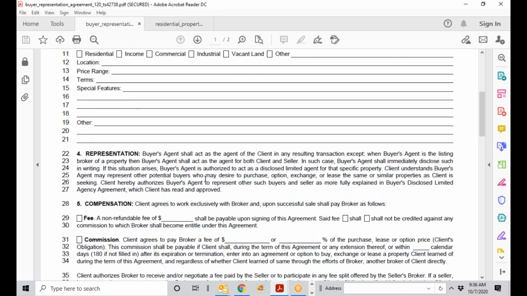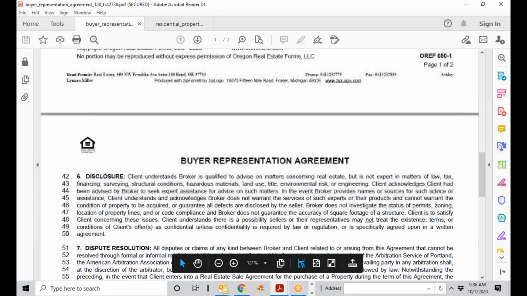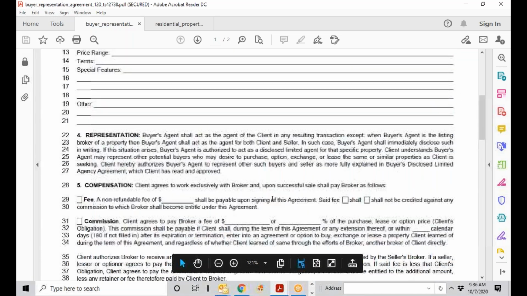And then the compensation. Now, this is something that's really interesting too. The client agrees to work exclusively with the broker, and upon successful sale shall pay the broker as follows. Most people will say commissions are paid by a seller, and there's a section in the back where you can note that. But say you're going to say, I expect to receive a 3% commission. Well, what's advertised in MLS is